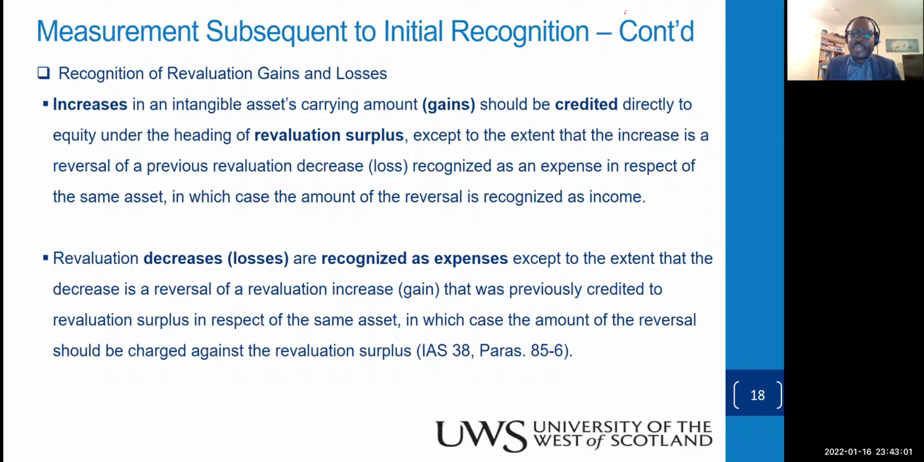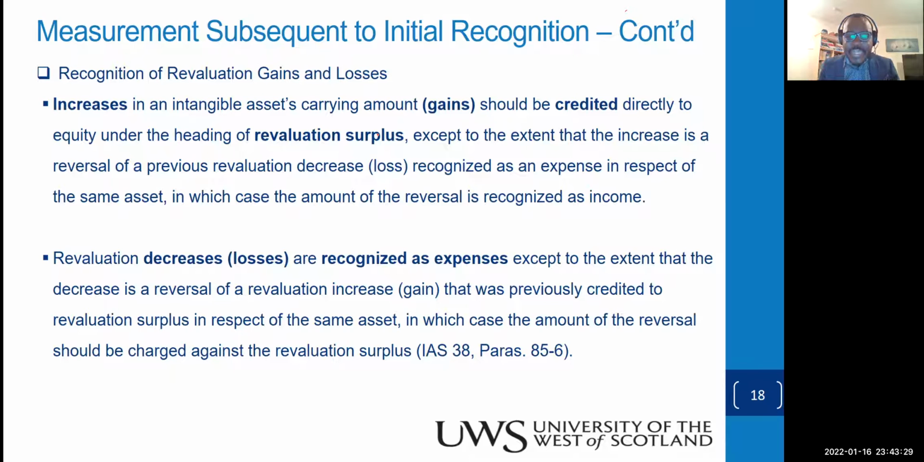So if on the books we have it at 800,000, but after revaluing we see that it has gained an extra 200,000, that 200,000 must be credited directly to what? To the revaluation surplus. And then the debit goes to the asset account, to the intangible account. Unless